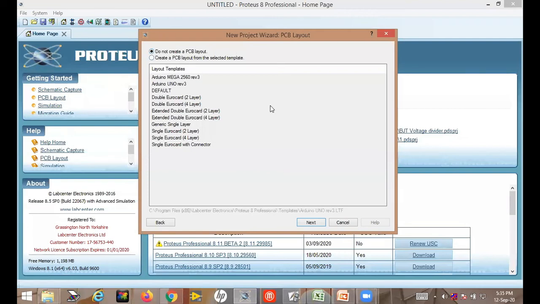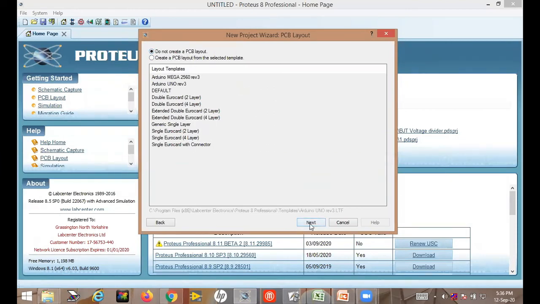Sir, what is PCB? PCB, printed circuit board. Inside every electronics gadget there is a PCB over which your components are mounted. Have you seen the motherboard of the computer? Yes, sir. All the components are placed on a board or not? So that is the PCB. Inside your mobile also there is a PCB on which all the components are fixed or soldered. So here you can also design the PCB of a circuit. But for this project we don't need any PCB. That's why you select don't create PCB.